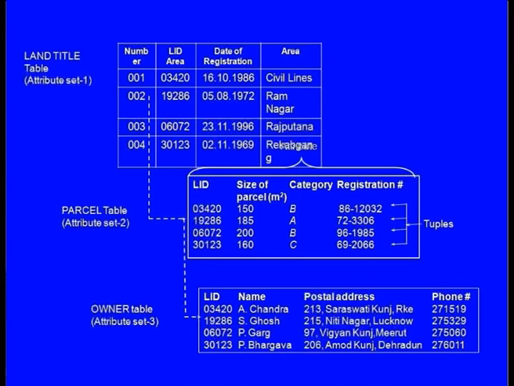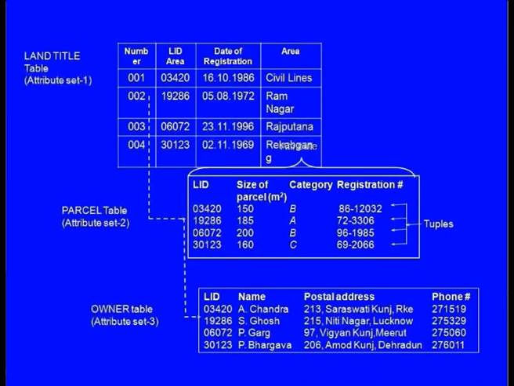In this particular slide, the relational data structure approach has been illustrated. It is a file related to land title, wherein it has various attributes: what is the land number, what is its area ID, the date when this land was purchased by an owner, and its location. Now, what we can do is